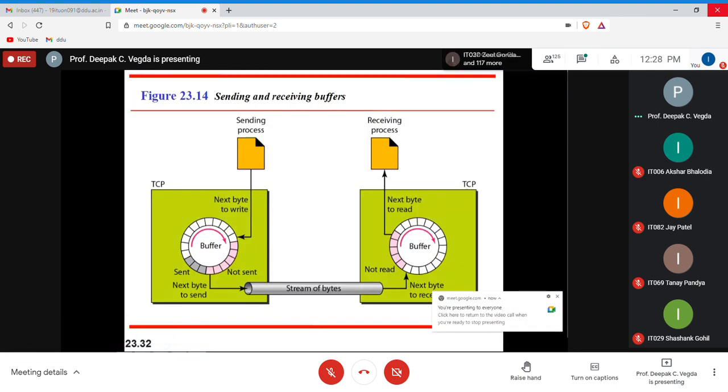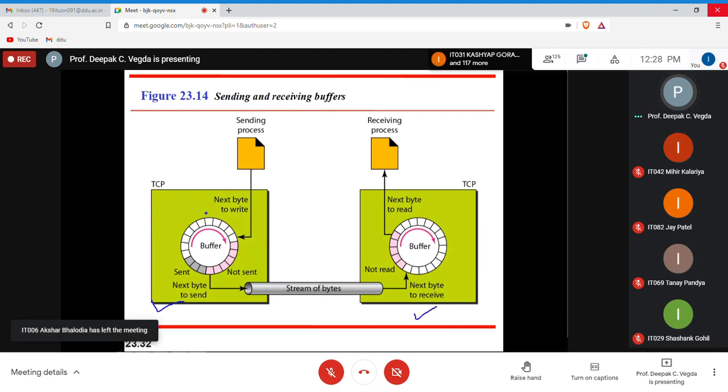So now a physical view is there for the sending and receiving buffer. This is your sender, this is your receiver, and as I told you, each will maintain a buffer. So just understand this. What is a buffer? It's very easy. Here your sending process is there, here your receiving process is there. The sender is transmitting data, the receiver is receiving data. Let us understand the buffer. This is the buffer you are given, and these are the slots where you can store a packet. In every slot you can store a packet.